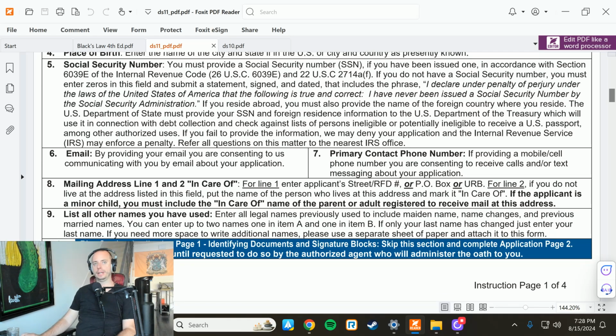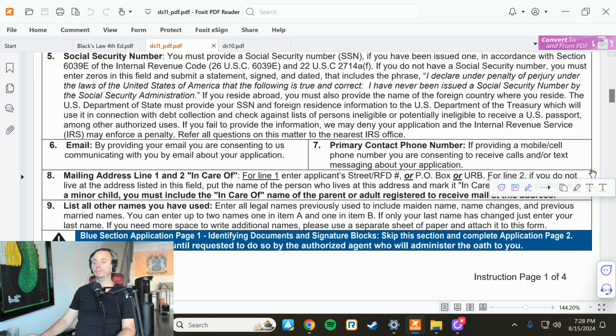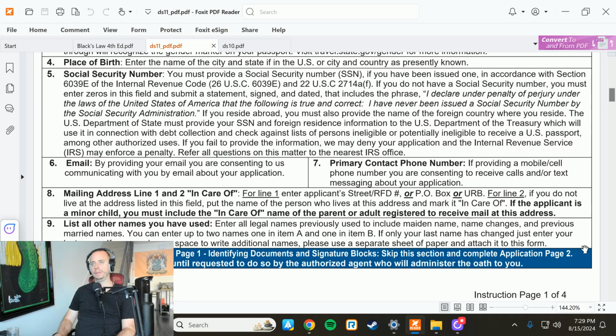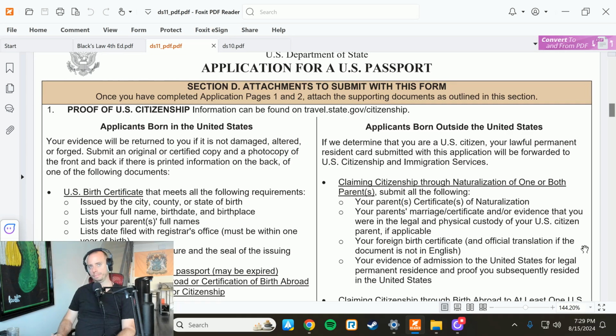So we have mailing address. You should read all this, but we have mailing address. For line 1, enter P.O. box or whatever. If you don't live at the address listed, put the name of the person who lives at this address and mark it in care of, right? They're very clear. In care of means you don't live there. Important, right? Because we don't want to establish residency, right? Because again, this particular form is really, really crazy. They don't mess around. Everything you put is going to be in the system,